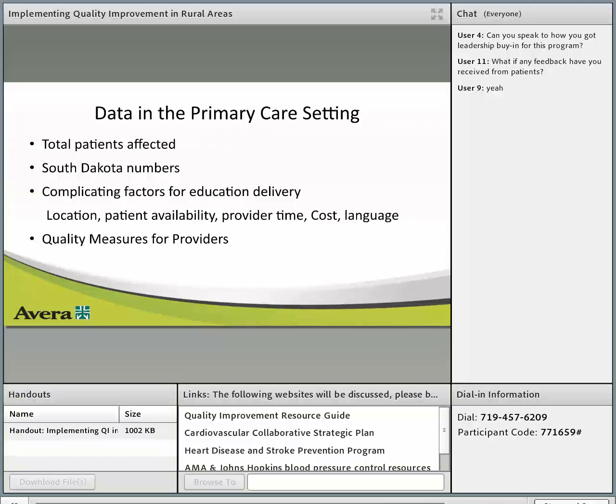South Dakota is very unique, in the fact that we have such a difficult time delivering educational information, our location, our geographic size, the availability of providers, our provider time and constraints, not to mention the costs associated with diabetes education. You know, diabetes education has not only the general cost, but it also has an out-of-pocket and a deductible language that goes with it.